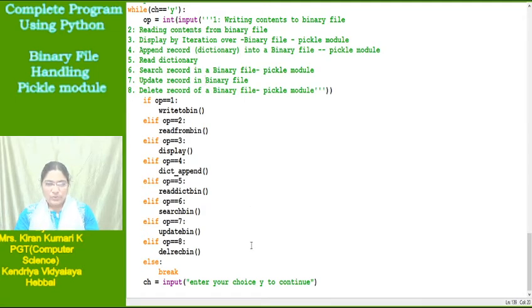Okay, right. So now let me show you how it works. This much is clear, right? Let me show.